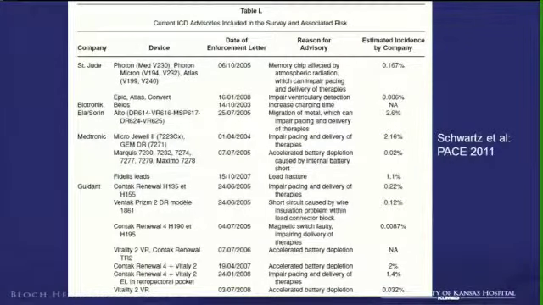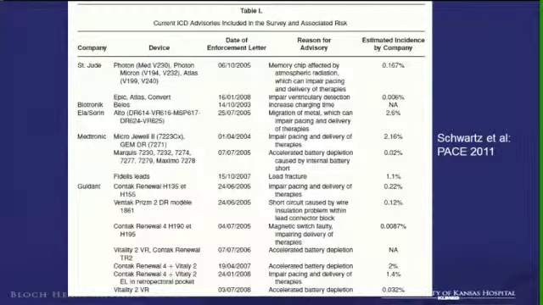This is the list of all the ICD advisories. You probably have around 8 of them from different companies, and I don't know if you can read it, but I can't. But this was early 2011, so this does not include the ones reported after that, which is St. Jude's Riata, in November of 2011. So we have the St. Jude's earlier generator. Then we have the Guidant advisory in 2005, where we had a lot of recalls on the Prism and Contak generators, and of course the Medtronic Fidelis lead.